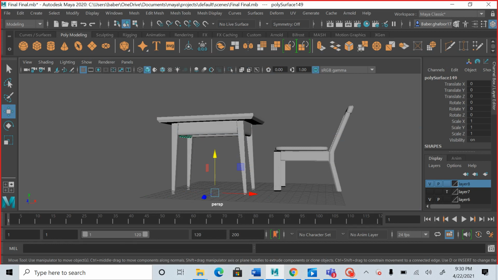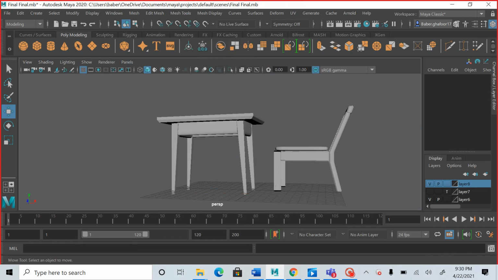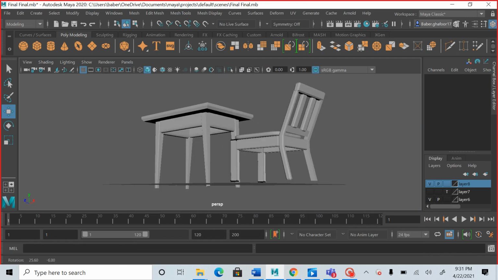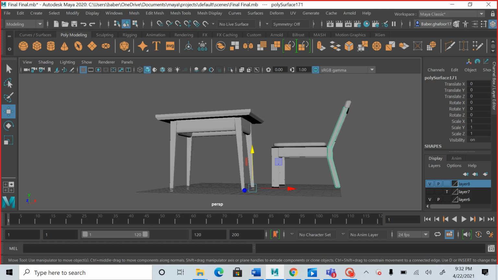So for this we inserted an edge inside those, using the mesh tool functions, the insert edge loop function, and after inserting the edge in there, we can make its back leg a little bit tilted. So after inserting an edge inside, we drag the leg from the bottom using the move tool, so that's why